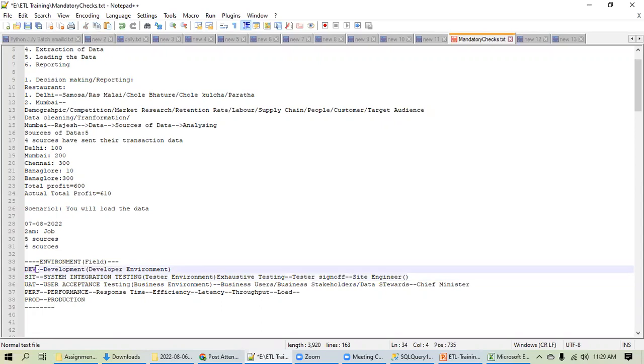Because suppose after 2 weeks you are giving, then the testers have only 1 week left. Within 1 week he has to test, and if there is any defect, he will assign it to the development team, then again they will fix, and again that will come to the SIT team for testing. So that is why maximum 1.5 to 2 weeks are given to the development team, and then SIT testers will come into the picture for testing. Have I answered your question? Yes, Tanvir, thank you. But again, this all depends on the project complexity and many other parameters.